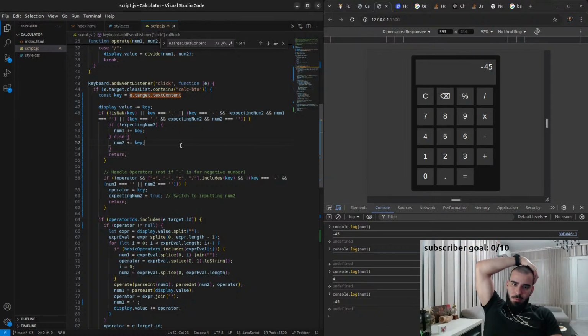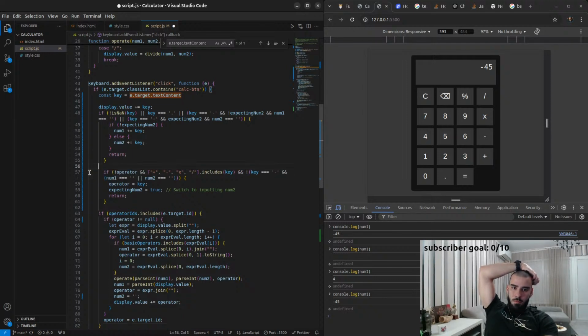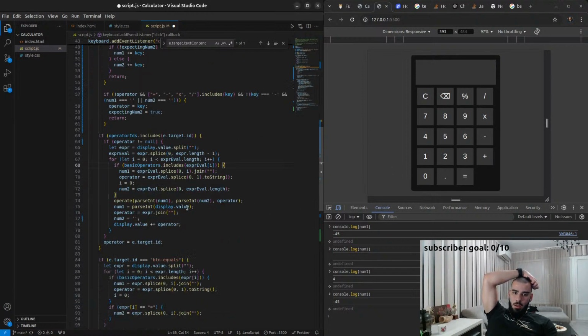I'm still not sure about it, but at least now we can do operations only if we have num1, an operator, and num2. And before that